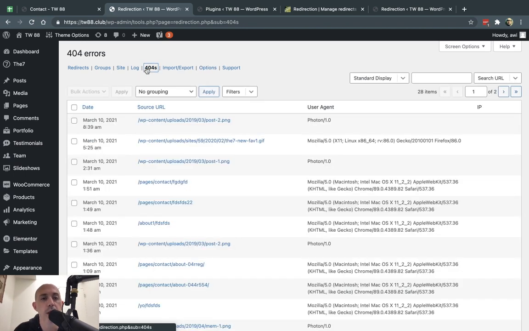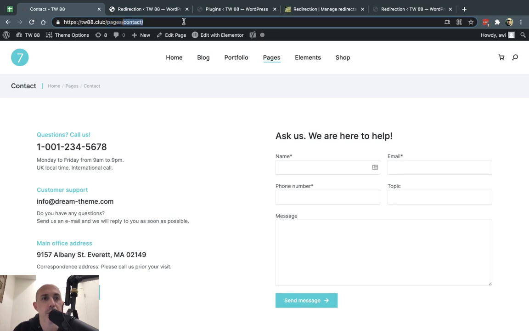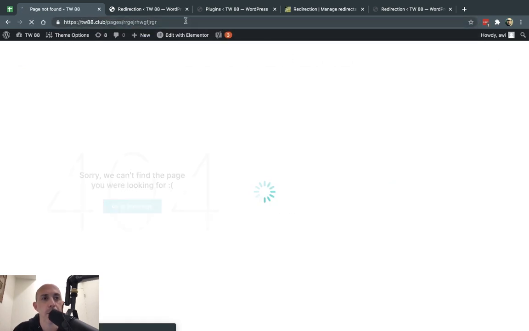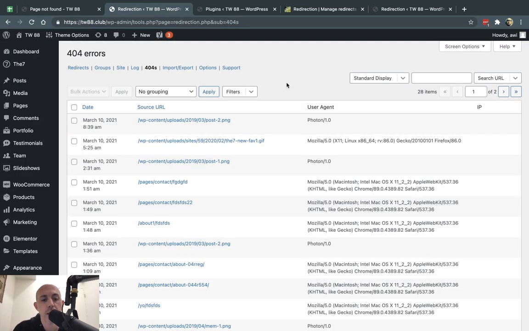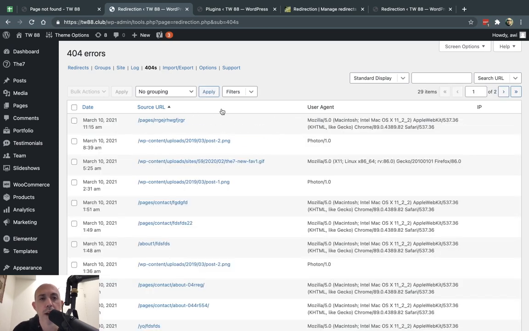This is also a really, really good feature I really like with 404s. Anytime someone goes to your website and doesn't find a page that exists, for example, someone put in a typo, or they went to a page that doesn't exist. 404 means not found, meaning the system doesn't know of that URL and there's no content to display. So anytime someone goes to a 404, this plugin will record that. And then you can see popular URLs that have this issue, and you can automatically create a redirect based on that and have fewer people go to pages that are missing, right? You want your visitors to go to content that's relevant to them.